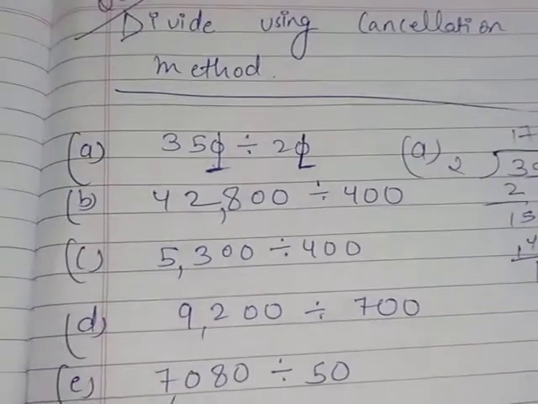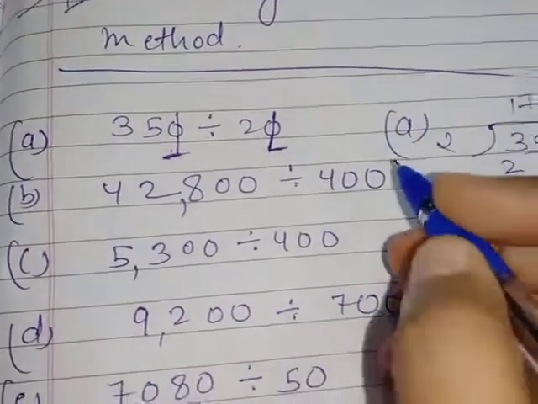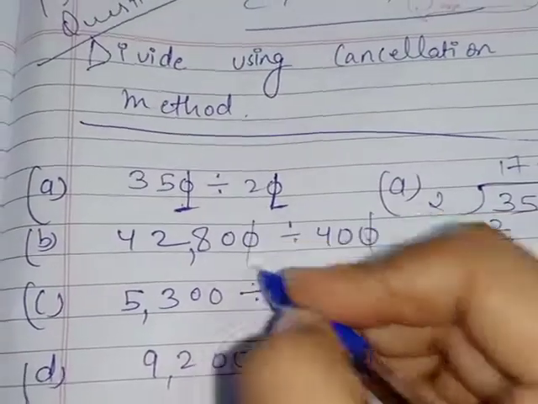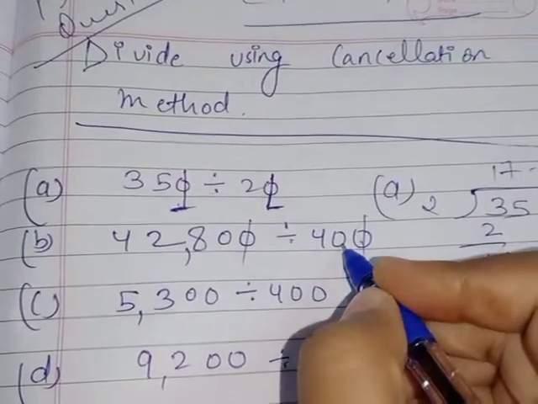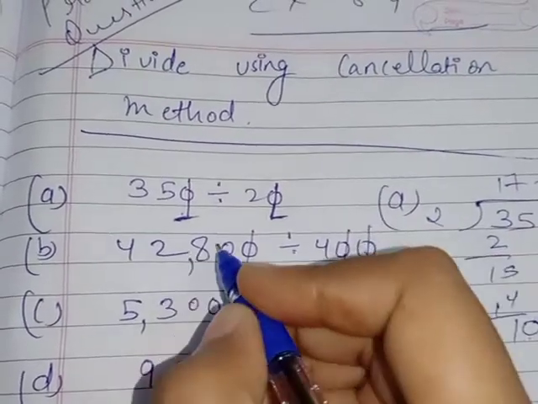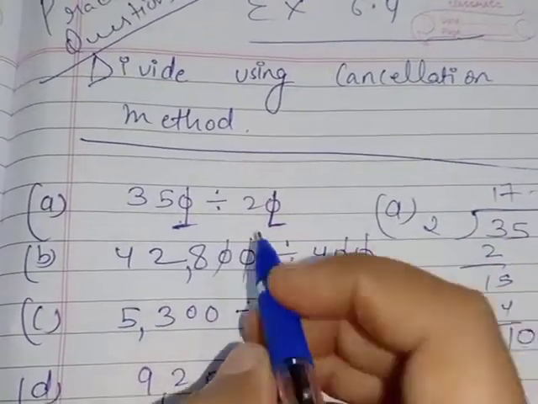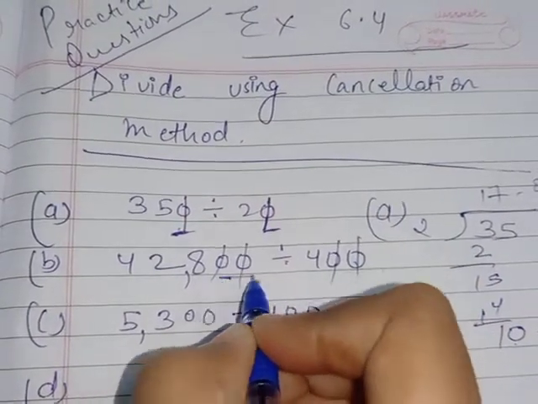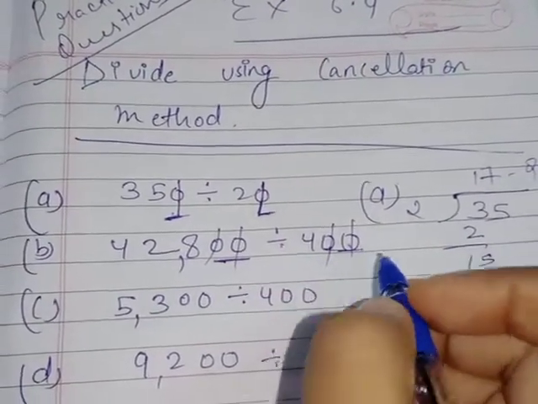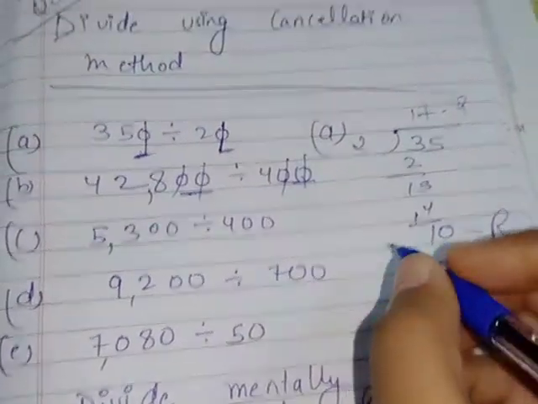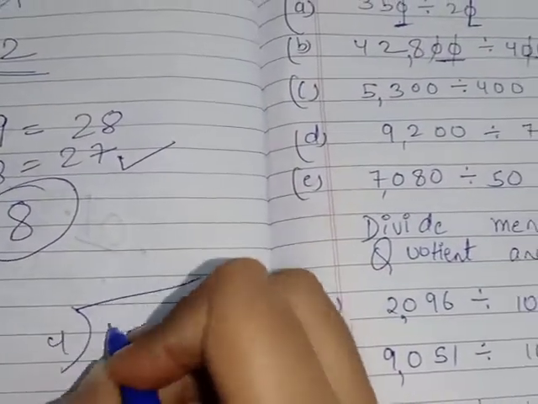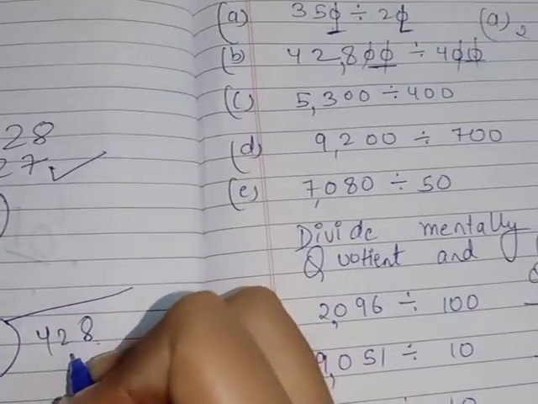Okay. Now if you see B, here the 1's place 0 can be divided with the 1's place 0. This 10's place 0 can be divided with the 10's place 0. Keep in mind, here in the remainder we need to put two zeros together, right? So first we will divide. I don't have a place here, I'll do 4 and 4 to 8. This is our question now.